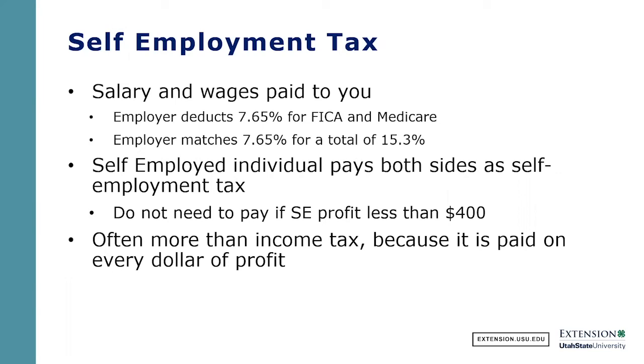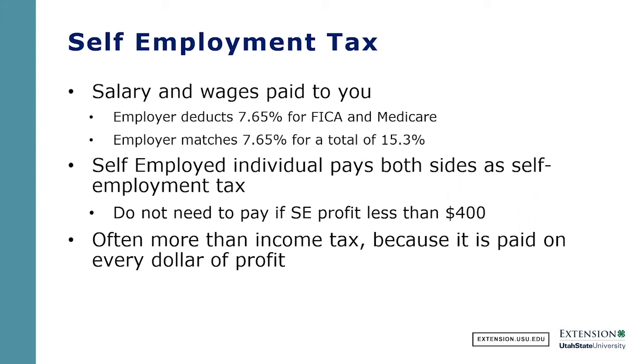So that totals up to 15.3%. And so 15.3% of what you make as a self-employed individual is your self-employment tax. Now remember, they do get to take off half of that off of the 1040 as an adjustment. So they don't pay any tax on that portion, at half, but it's there. So it'll work to lower your income tax a little bit more, but